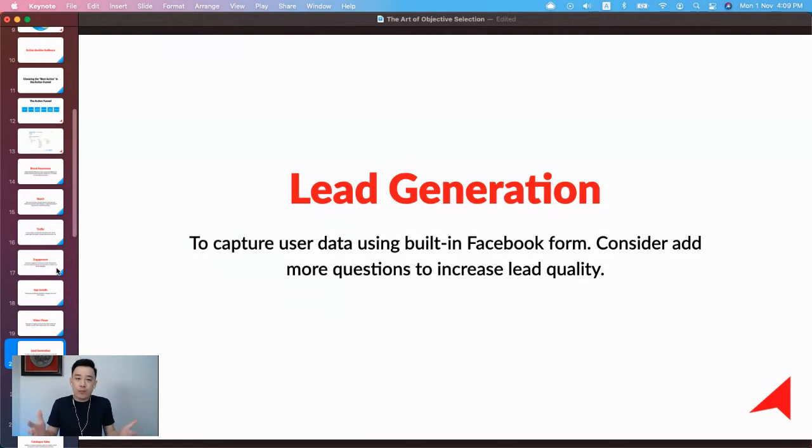A lot of you have actually experienced this kind of advertisement. When you see an ad about getting signed up, when you click, the form appears immediately, right? And immediately you have all the information, like your name, your phone number, your email address, all filled in and ready. All you need to do is just click, I agree. Then they will get your information and they will start calling you and doing all the follow-up. So this is very useful for businesses that require